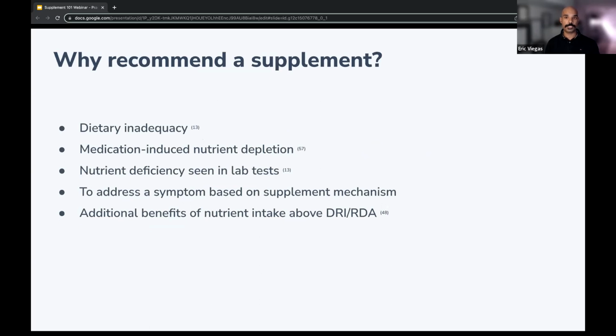So as mentioned in the previous slide, dietary inadequacy might be at the forefront of someone's issues, but there could also be medication-induced nutrient depletion. For anyone that's looking for a helpful resource on nutrient depletions, you can actually check out mytavin.com, MYTAVIN. That is actually a helpful resource where you can input medications and it'll give you a report of potential nutrient